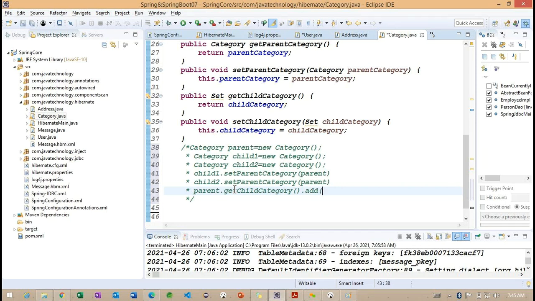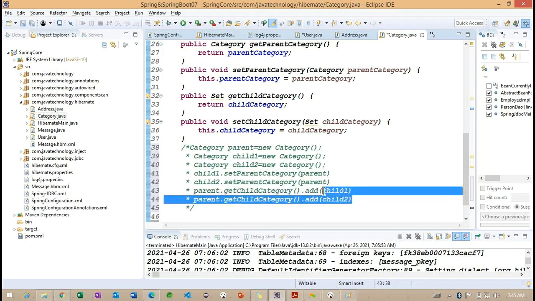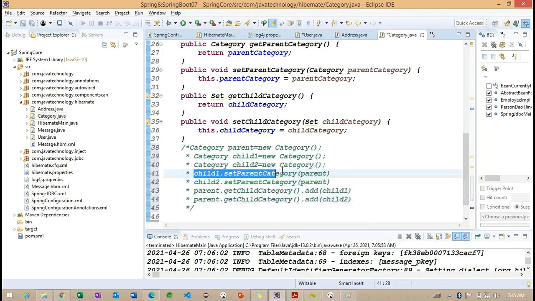When we call this add, we can specify child 1, and in the same way we can specify child 2. Getting the point. So this particular parent will have these two child records, and this particular child will contain this parent information. This is very important.